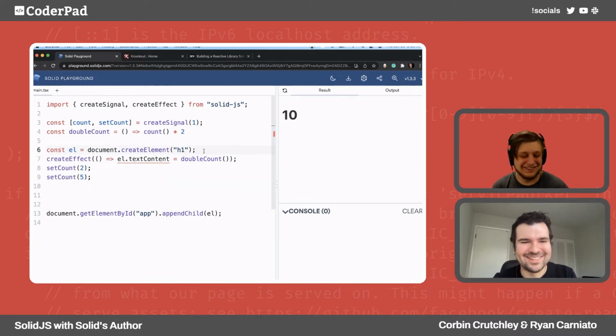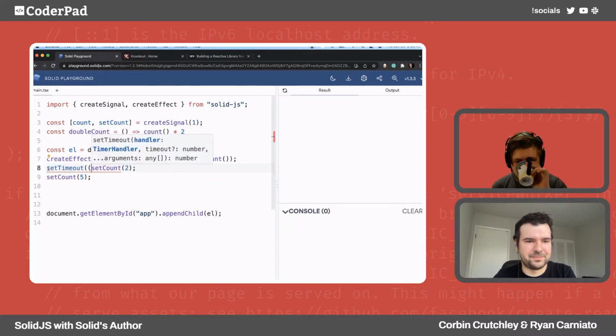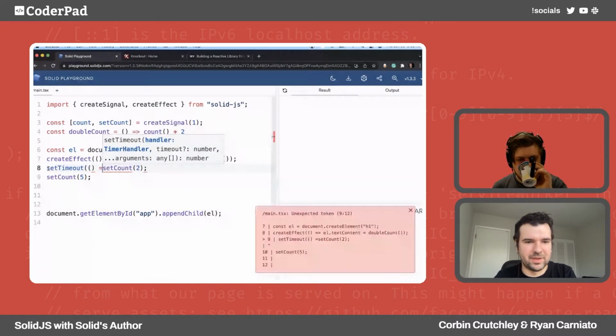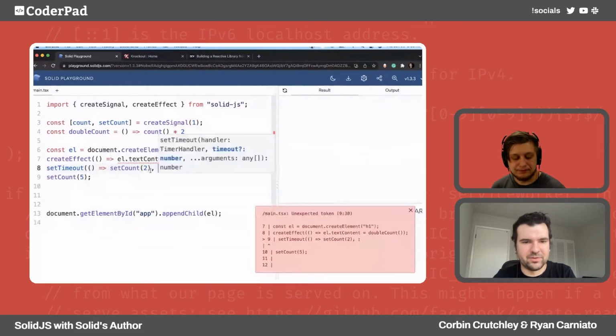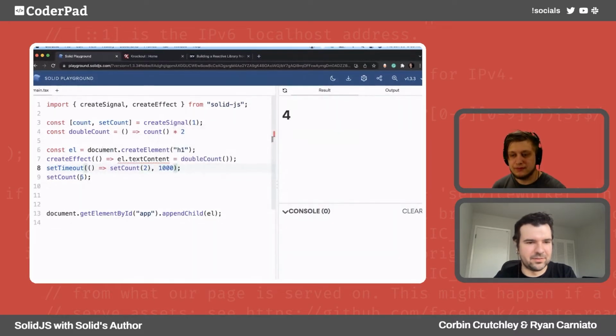So let's just add a couple of timeouts. Let's go setTimeout, and we'll make this one happen after 1 second, and let's make this one happen after another, just 3 seconds, and then we do this.